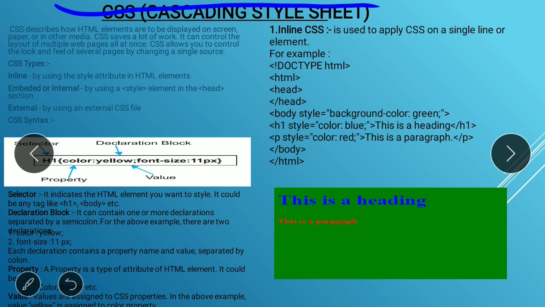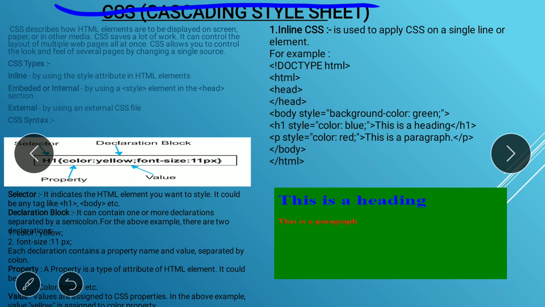CSS has three main types. The main type, which is used in many companies by many people, is the external CSS, where you can write all the CSS in one separate file, and the extension of that file is .css, and that file is merged with your HTML file, right?